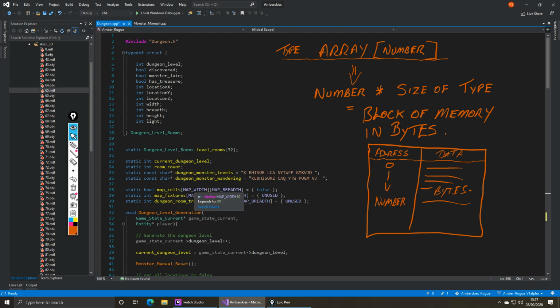Okay, that's just a number, 80. Breadth is just a number, 40. And that's the values that I've put in it. So I've taken 80 by 40 memory addresses.